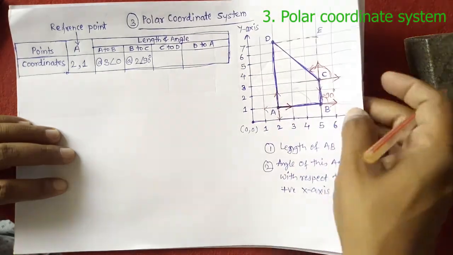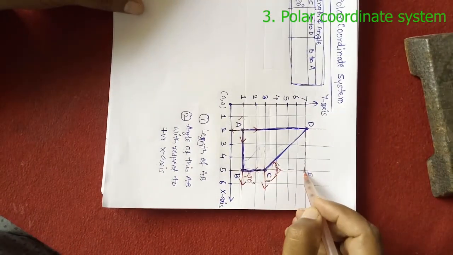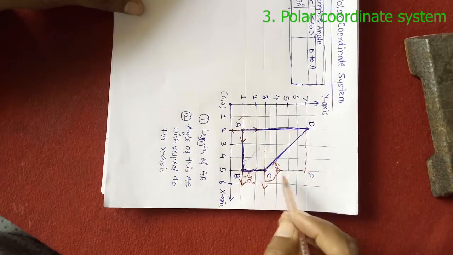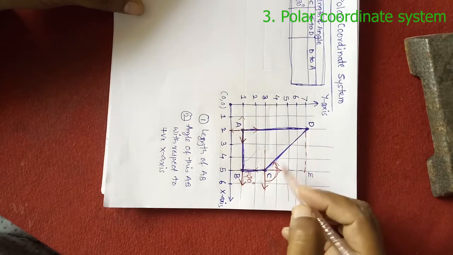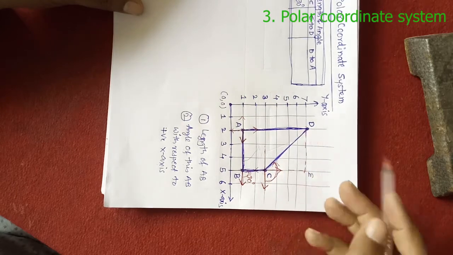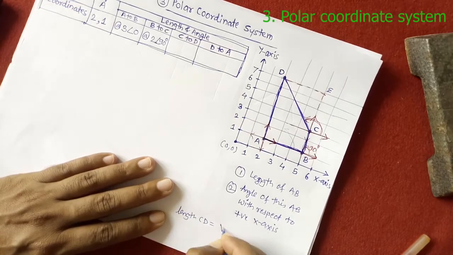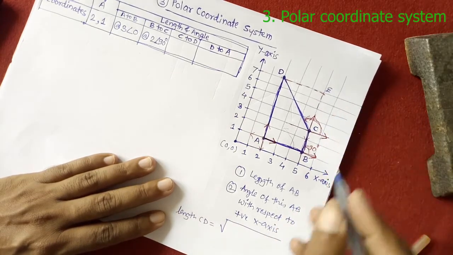Okay, so as we are going to consider this as a triangle, we know the length of this side and the length of this side, the lengths of C to M and M to D, and by using the Pythagoras theorem we can calculate the length of C to D. So C to D is equal to the square root of length C to M squared.